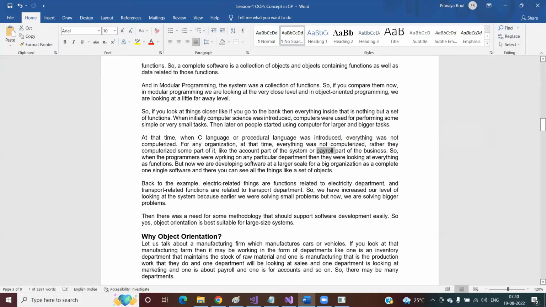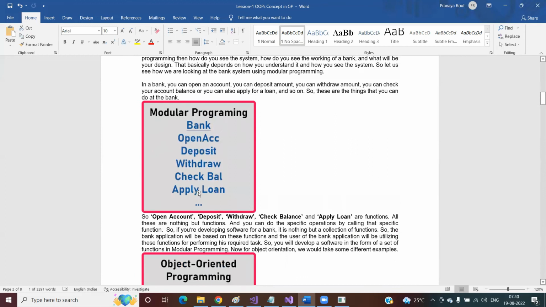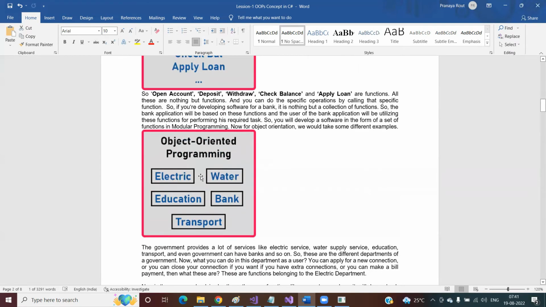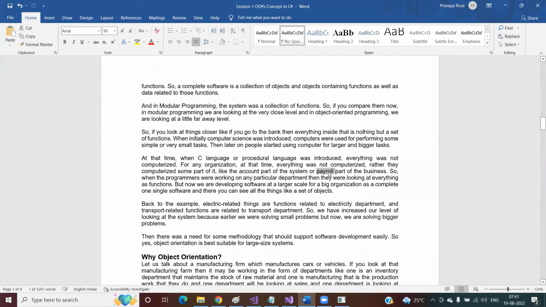So when the programmers were working on any particular department, they were looking at everything as a function, right? As we discussed, C is a procedural or modular programming language, and in modular programming languages, we see everything as a function. Yes or no? In object-oriented programming, we see everything as an object, but in modular programming, we see it as a function. This is what is mentioned here, right? But now we are developing software at a larger scale for a big organization,